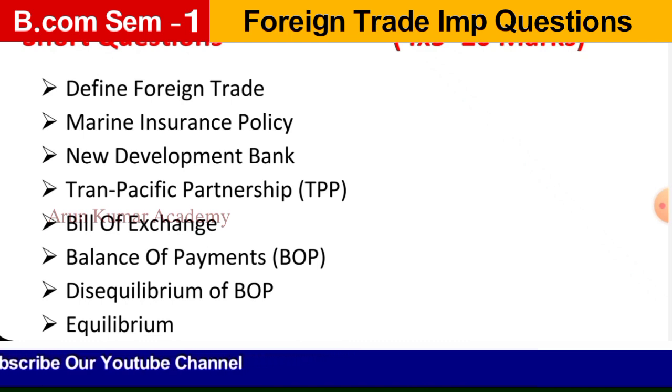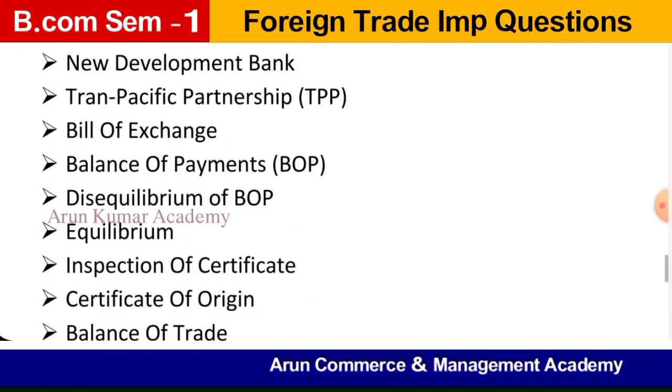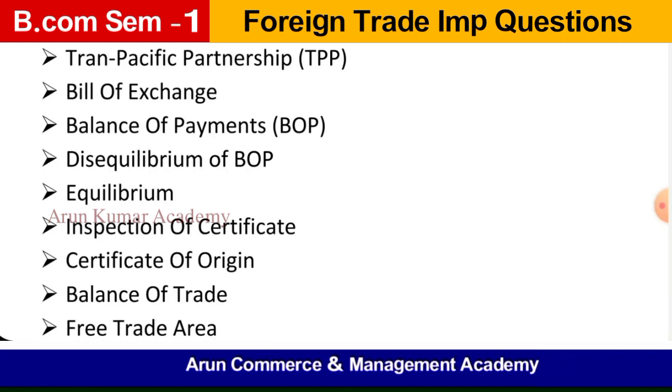So these are the short questions like define foreign trade, marine insurance policy, New Development Bank, Trans-Pacific Partnership, that is TPP, Bill of Exchange, BOP, disequilibrium of BOP, equilibrium, inspection of certificate, certificate of origin, balance of trade, free trade